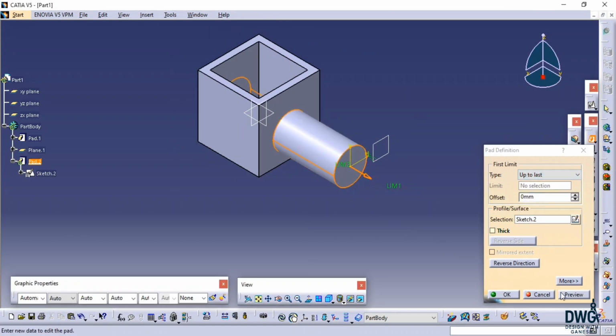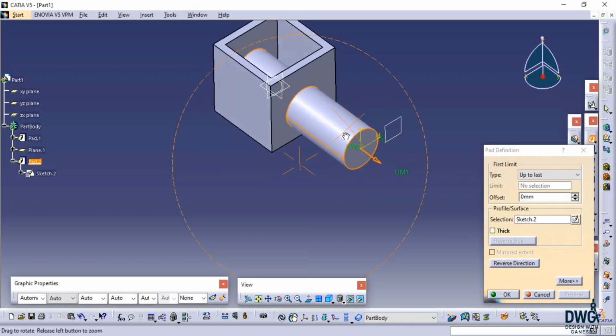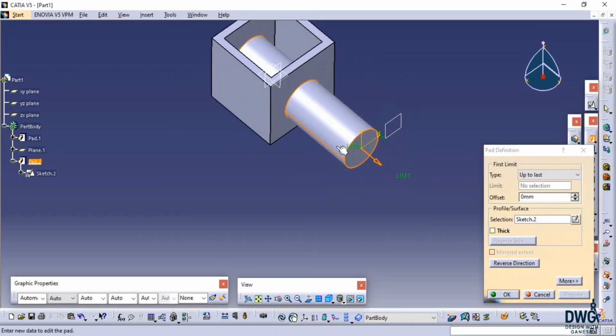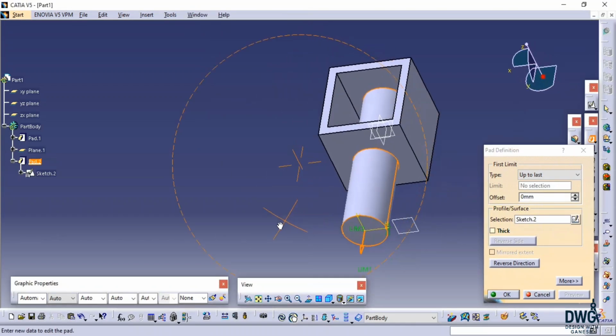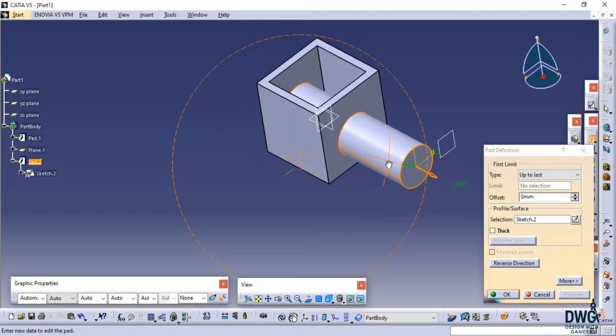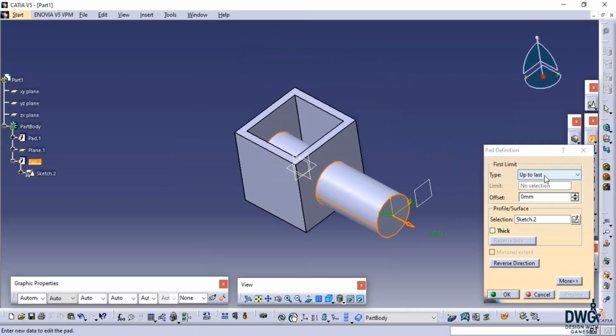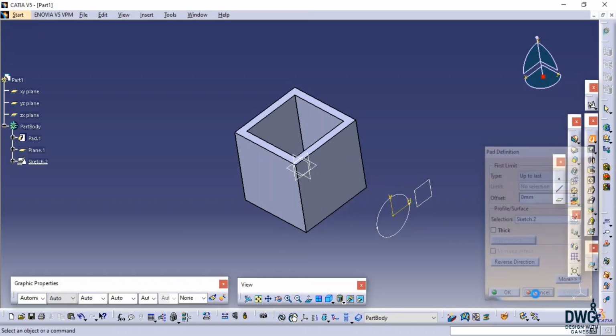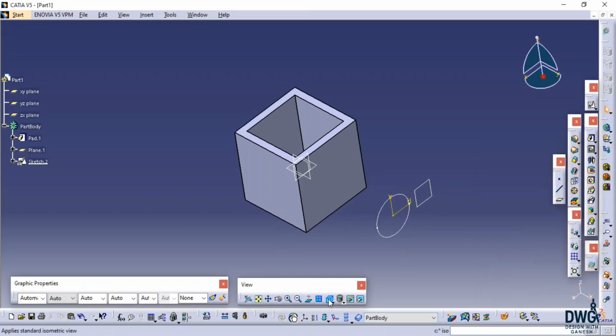That's it guys. If you choose the up to last option, you can see here where the extrusion will take place, where the body will end. This is about up to next and up to last, and the third feature is about up to plane. So in up to next and up to last, you are not permitted to give any dimension or select any planes, but in the up to plane option,